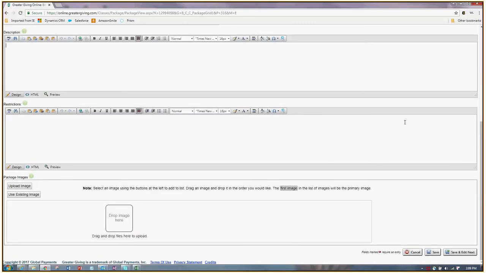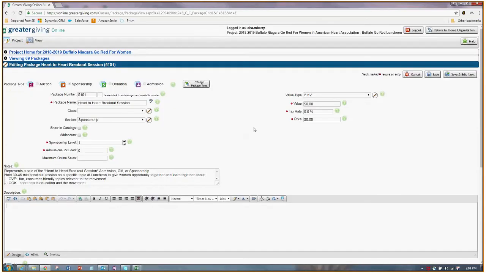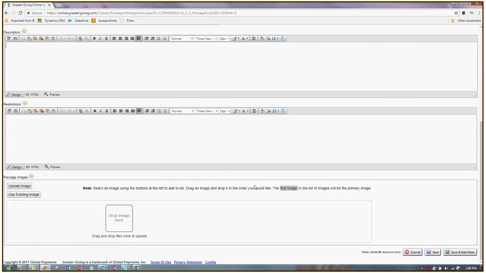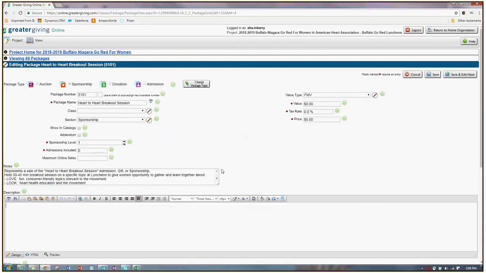Okay. Actually, never mind, totally wrong. I'm thinking business. If you want to put an image in there for, you know, the AHA logo or something like that, if you wanted to print all of these packages, you could actually make a brochure based on what you have in here for